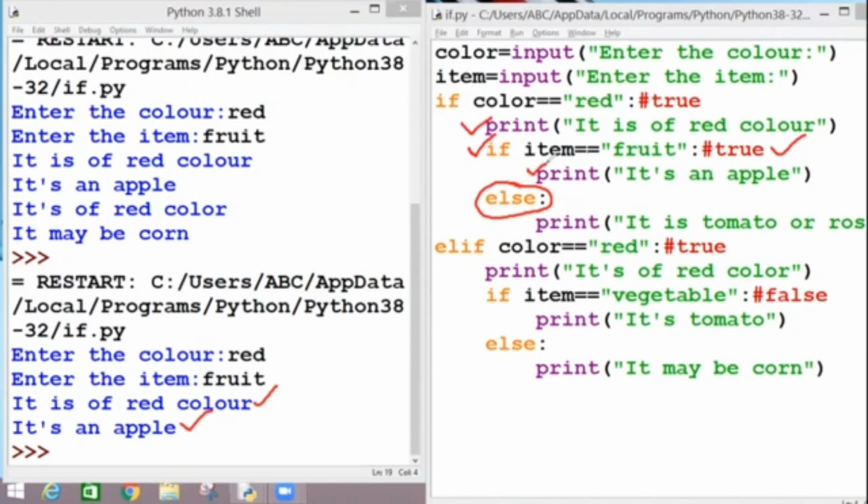The control shifts onto else only if my if condition is displaying a false result, but in this case my result is true, so it is printed, it is an apple. The control will not move onto the else part. Similarly here, what is my if condition? Whether it is red or not, it was true.